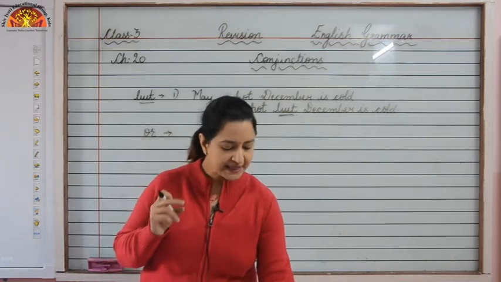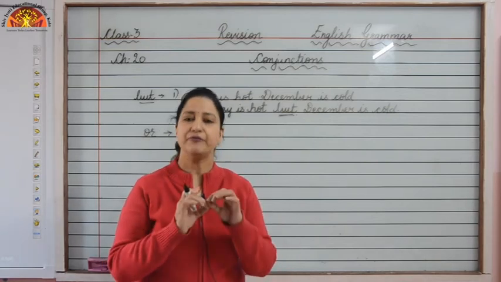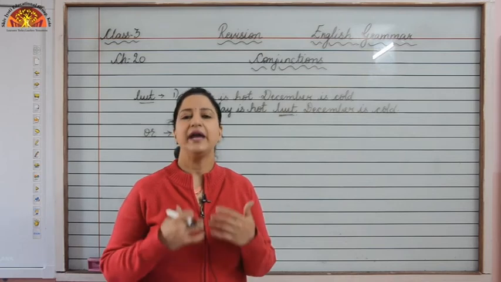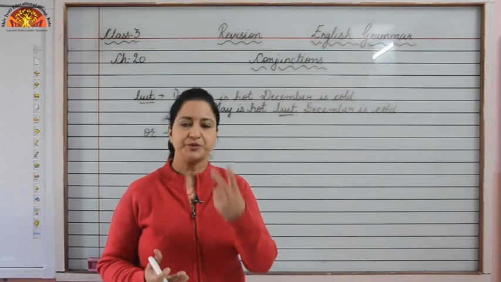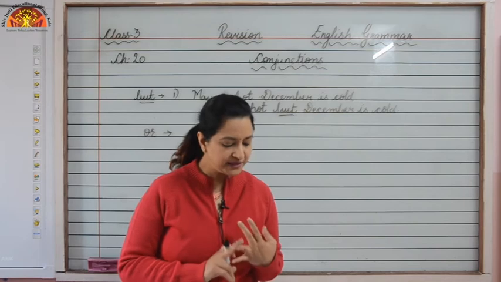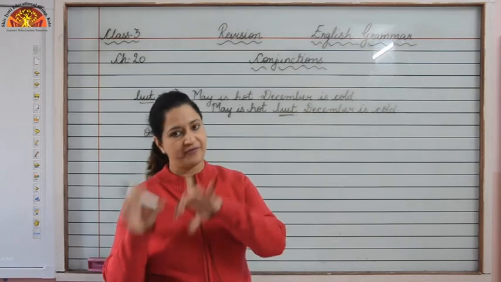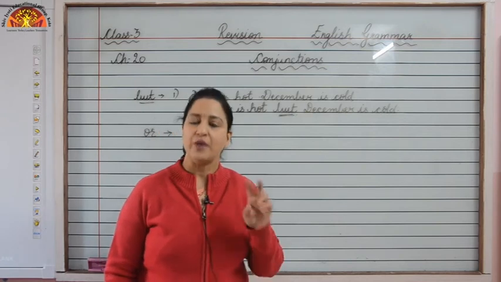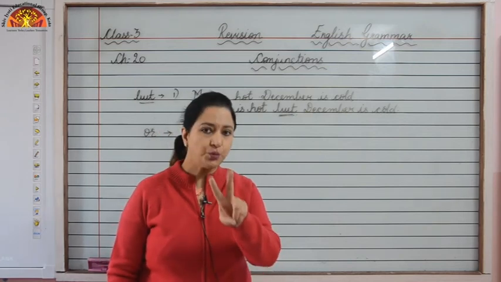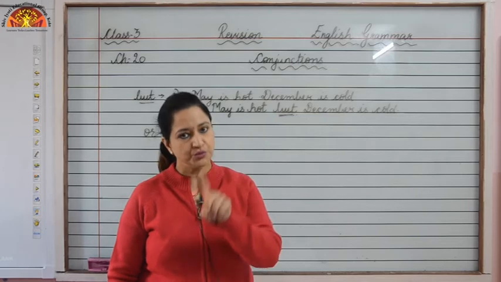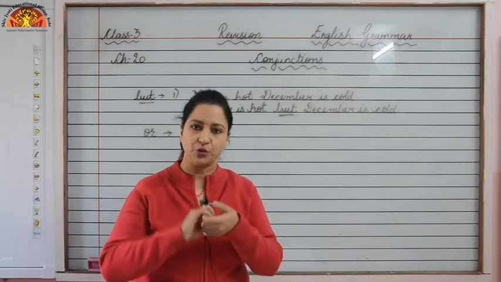Question mark. Is Jaslene's birthday in February? Now here I am giving you two options. When is Jaslene's birthday? Whether it is in January or February. So when there is a choice between two things, we have to use or while joining those two